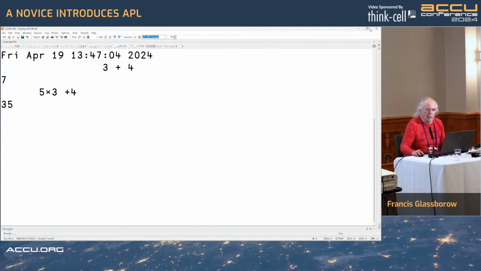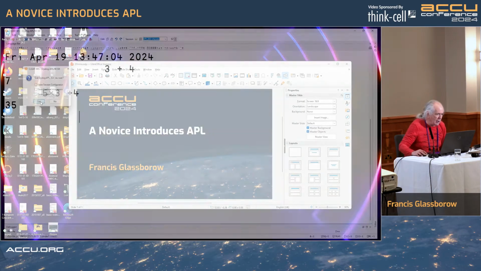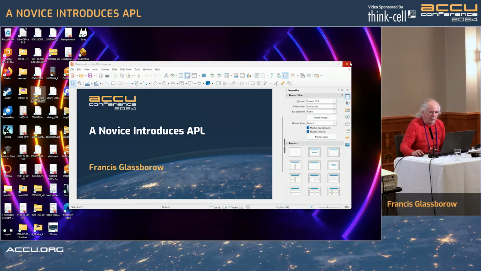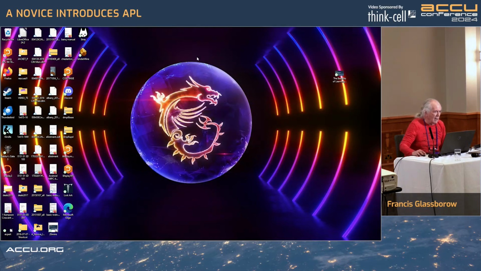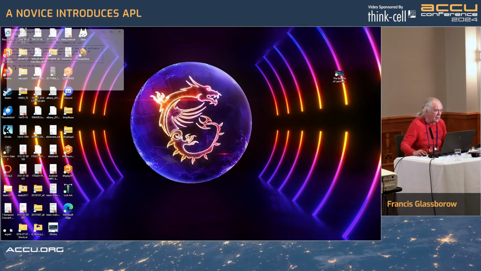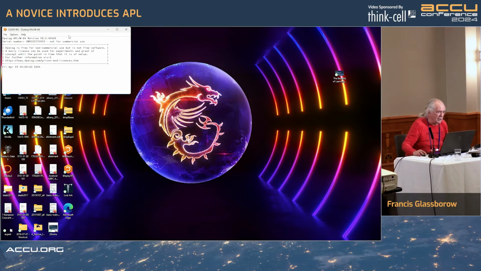I'm going to actually close this down. It will tell me it doesn't like something, but anyway. And restart. Sorry about this. I thought I'd had the thing set up so that I could just plug it in and it would work, but it doesn't. Right, so that's the basic